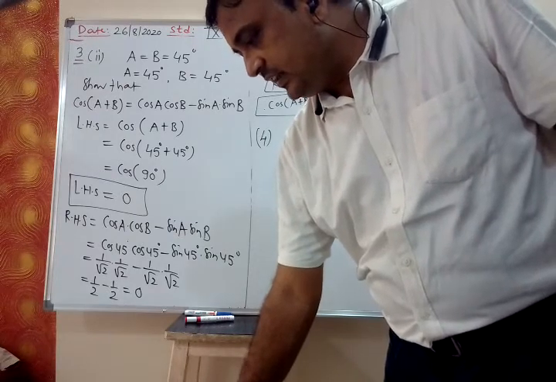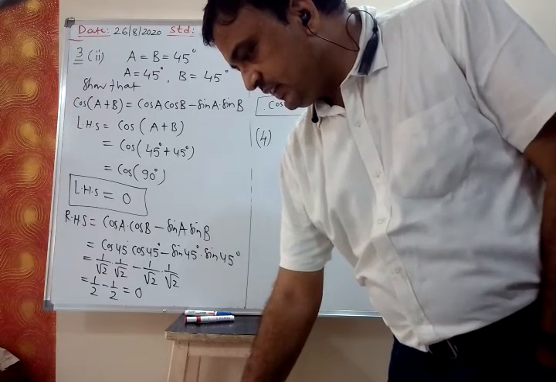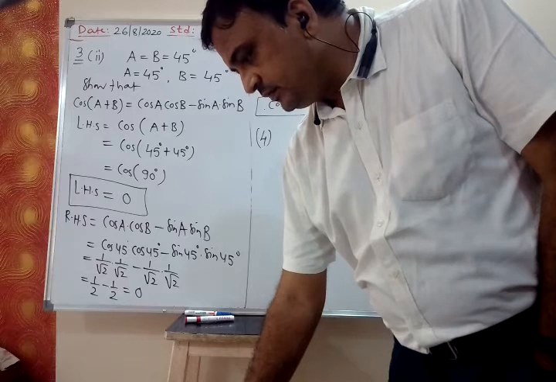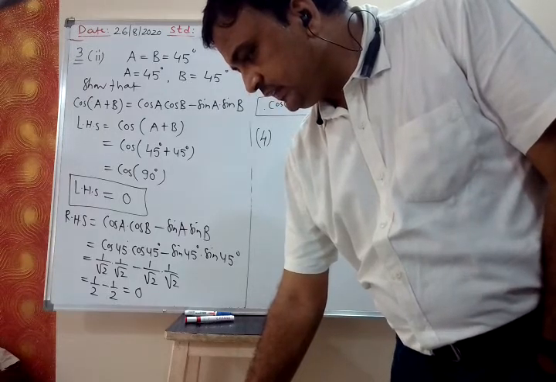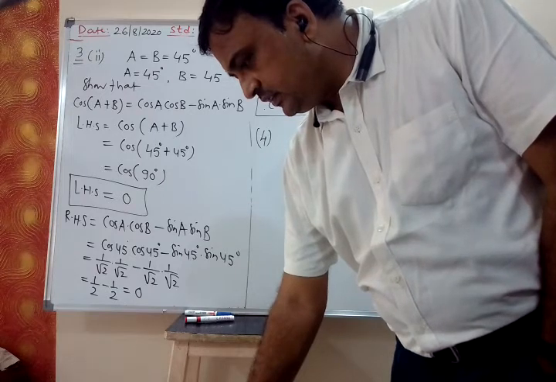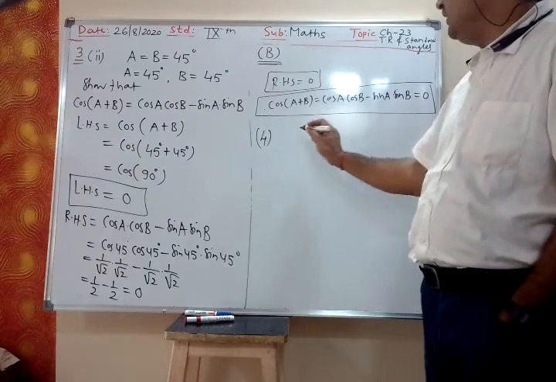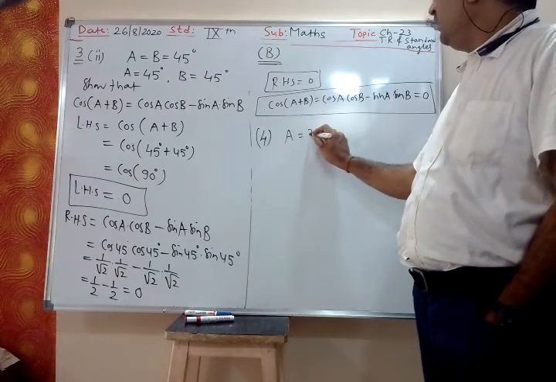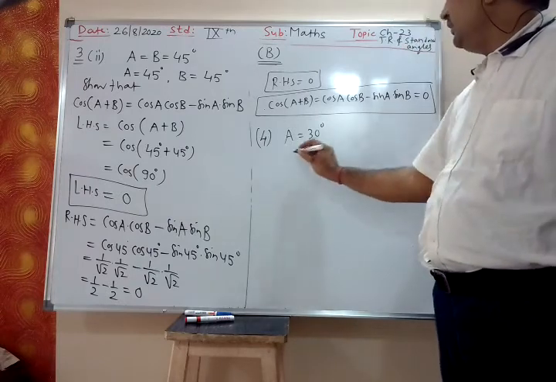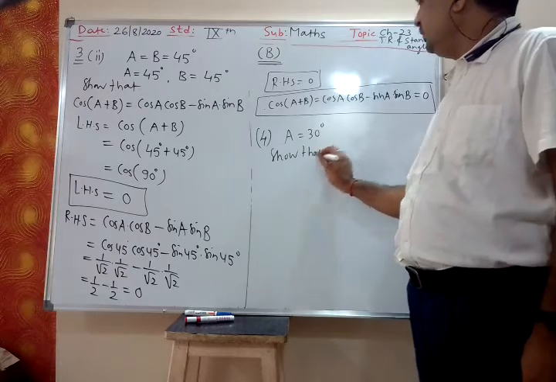A is 30 degree. Then first, second, third, same way. Fourth, okay. A is 30 degree. Then show that. Let me do fourth one. Show that